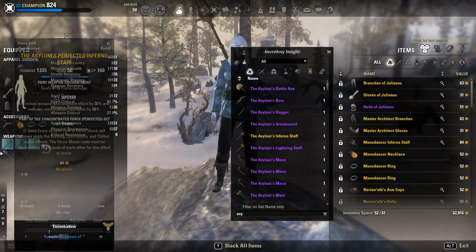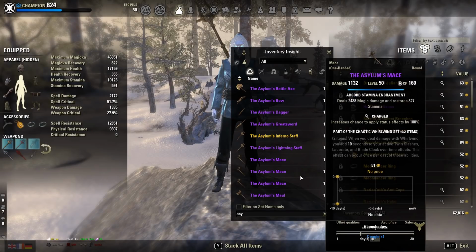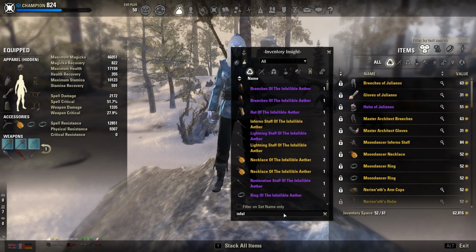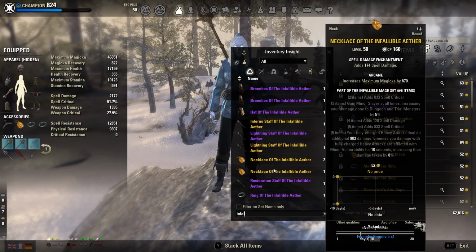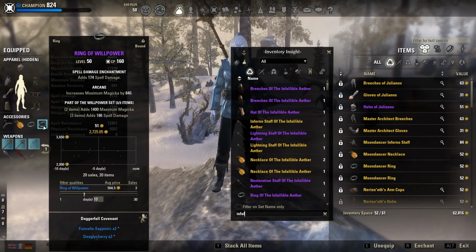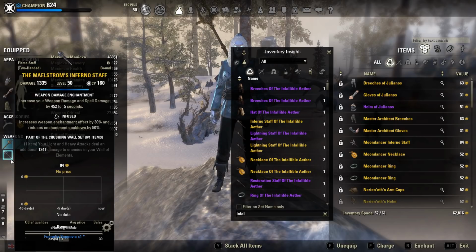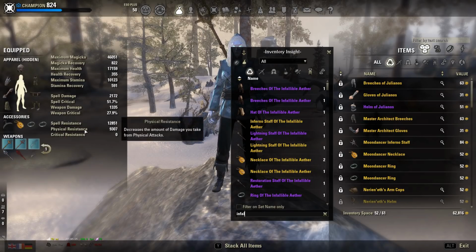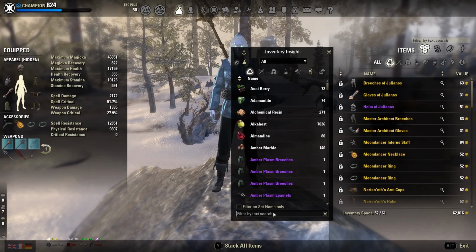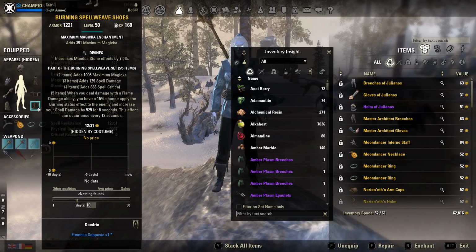If you do not have the Asylum perfected staff, but you have a Maelstrom staff, what you can do is, of course, go either with Moon Dancer or go with Infallible Aether with jewelry pieces. So either for Moon Dancer here, jewelry and a staff, or Infallible Aether here, jewelry and a staff. That's one option. If you do not have the Maelstrom or the perfected staff, you could either just replace it with random staves, or what you can do is